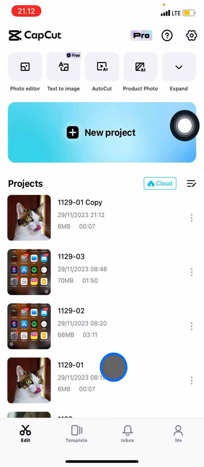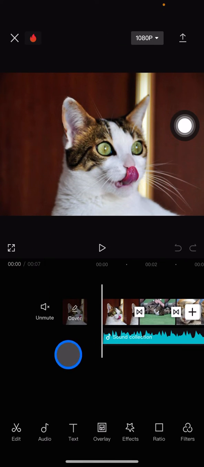So this one will be the first project that you have with the first style of editing, and this one is just the same sources, and then you can open it and you just need to do another editing on these video sources. So that's how to duplicate a